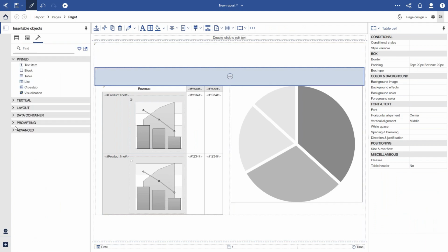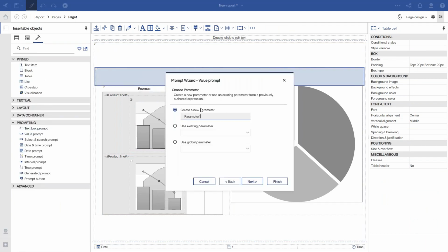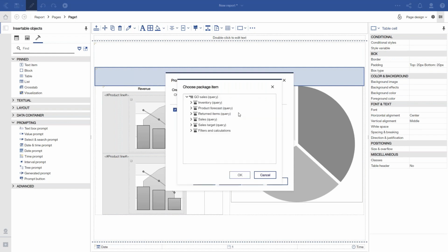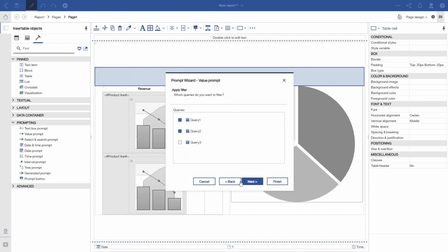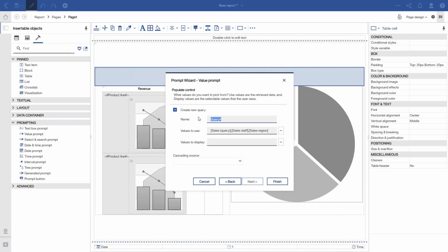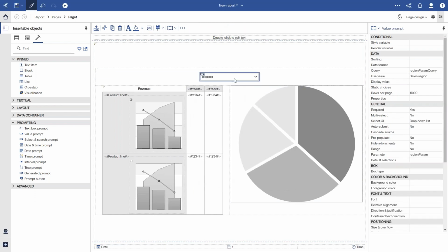And then for the top, I'm going to put a value prompt. I'm going to create a quick value prompt. I want it on those two, and always name your queries. You know that. Okay. Finish. Turn that to auto submit. And assuming I didn't screw anything up,